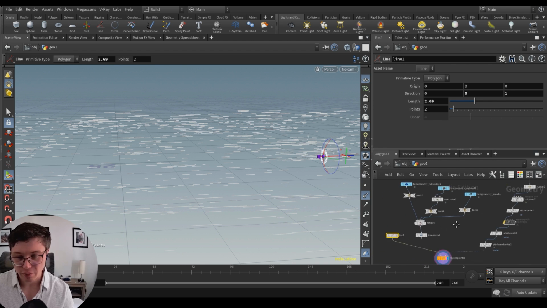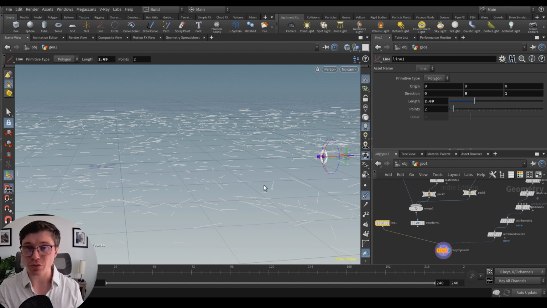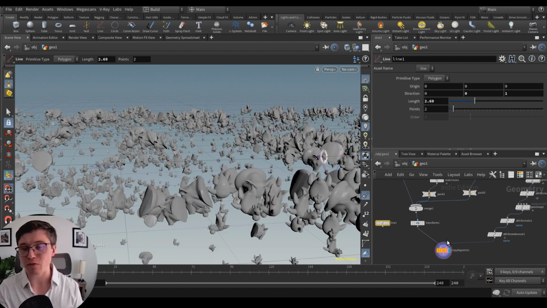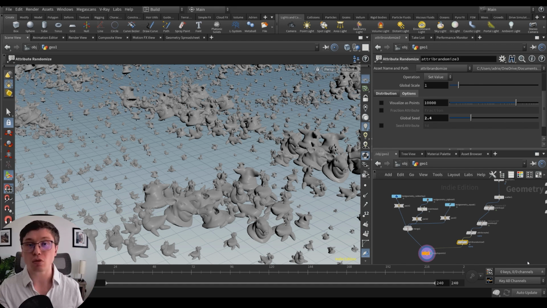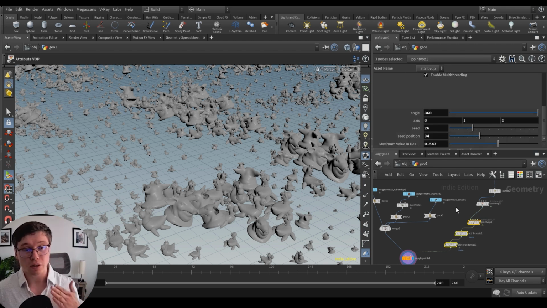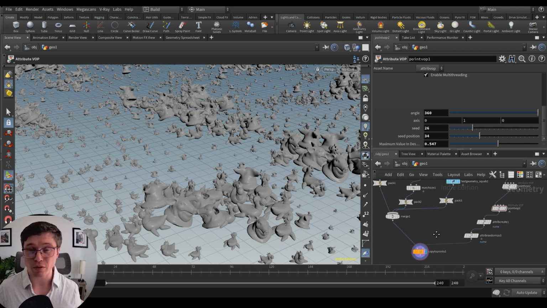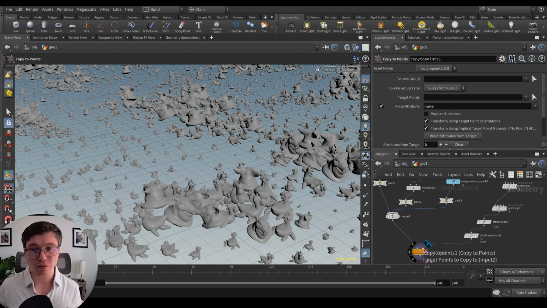And that's pretty much what I wanted to show you here. Hope this is enough information to get you started on the copy to points, and it gives you a better idea how you can use it instead of the copy stamp. I know this is a bit of a different way to work here, but do remember that having all the attributes on the points first is actually much more beneficial down the line to deal with instancing. Performance will be much faster, and I think that's why SideFX is enforcing this way to work. So that makes things much cleaner, I guess, for instancing.